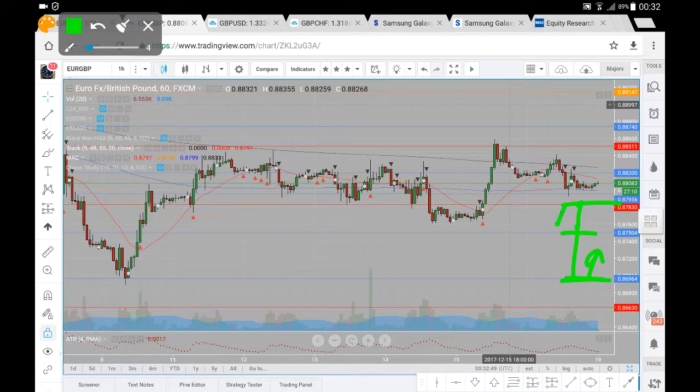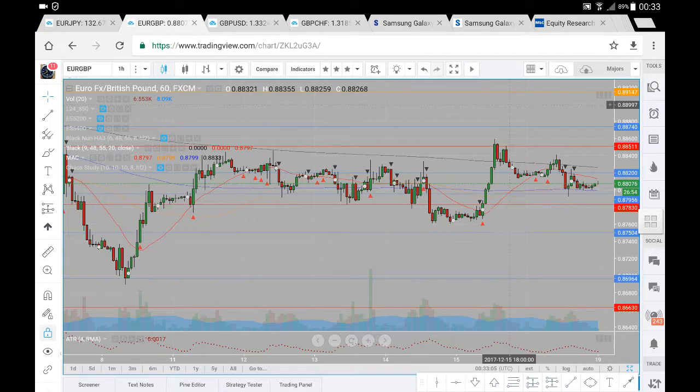Again, these are levels that we are looking for potential buy side momentum to re-enter the market, as they have done in the past. Over here to your left, as you can see here, we didn't quite come down to 87.50, but in the past, 87.50 has been respected for moves to the upside. Now, with that said, let's just have a look at the